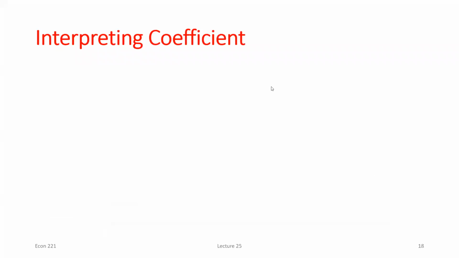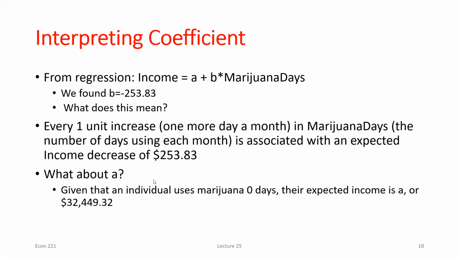I think I've kind of got that spelled out here. But the general rule is that for the constant or intercept, the interpretation is if the x variable is equal to 0, that's the value of y, or predicted value of y. The slope coefficient is always, if my x variable goes up by 1 unit, this is the expected amount that y is going to go up or down depending on if it's positive or negative. Now 1 unit is going to be very different, right? Here it was the number of days. If we had something in dollars, it's $1 more, or however the variable is measured,